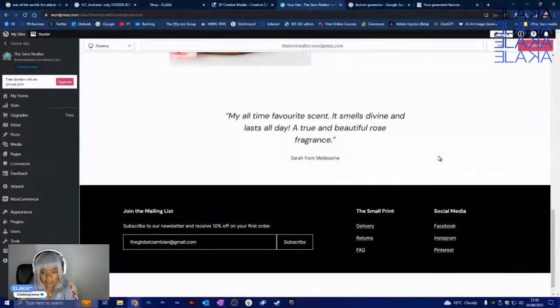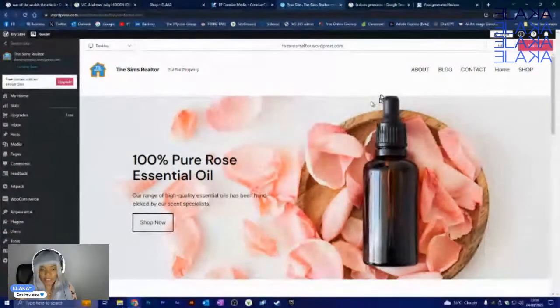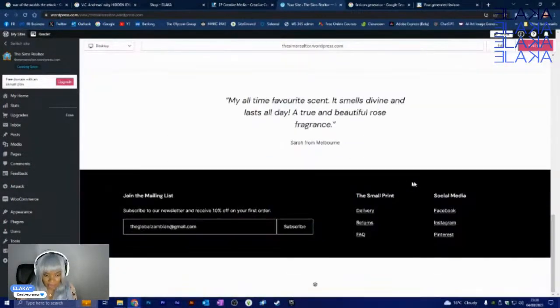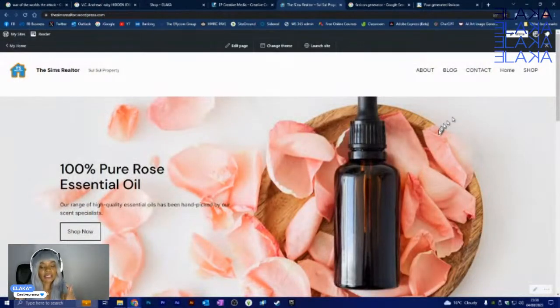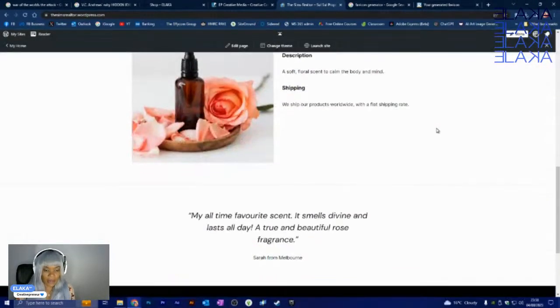Okay, in customization, or where it takes you to, it allows you to basically change everything and maintain this format that is actually provided to you. But if you want to go ahead and change it, you are actually free to do that. So if I click on visit site, it's going to take me to the viewpoint of how customers will actually